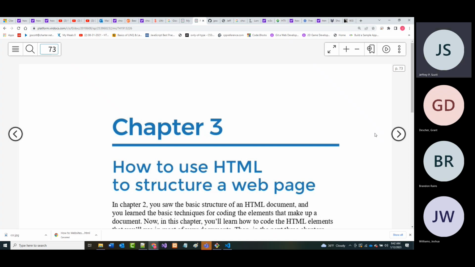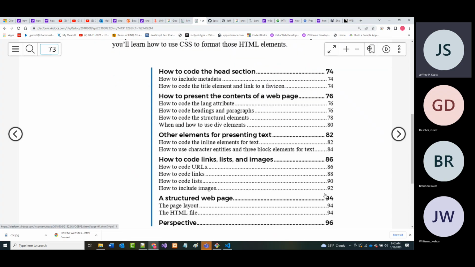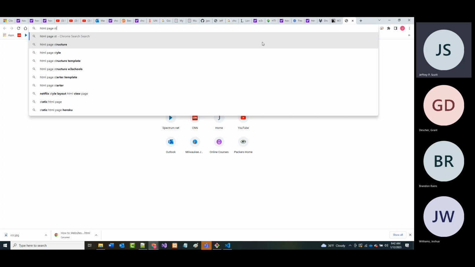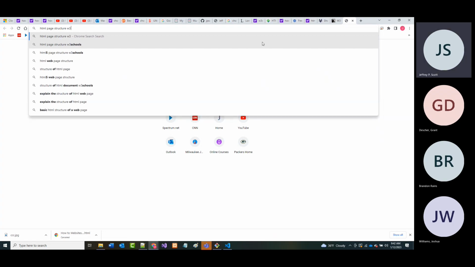All right. So chapter 3 is on how to use HTML to structure a web page. So in many ways, the web page that we've created in many ways has no structure to it. And if you say, I don't know what you mean, you will as we go through the chapter here. Okay. In fact, if I go out to our friend here and I put in HTML page structure, W3 schools,